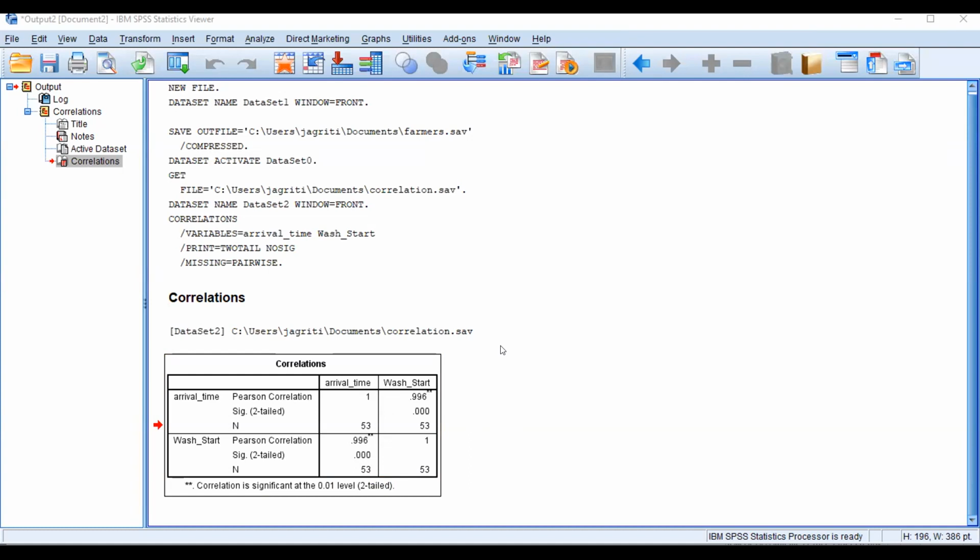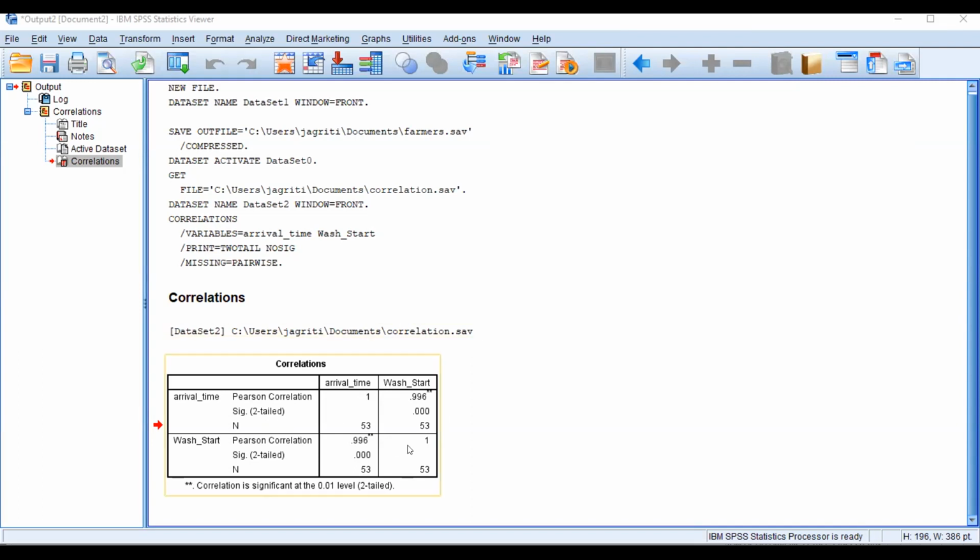Just remember, when we examine the relationship between variables, we state our null hypothesis in the negative way: there is no relationship between the arrival time of the car and the service start of that car. The alternative will be that there is a significant relationship between the arrival time and the car washing time.